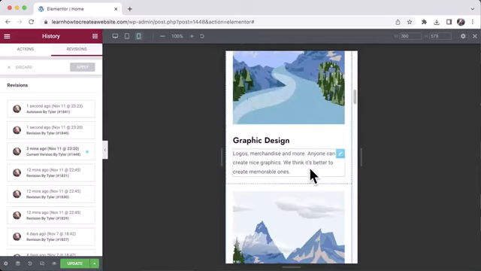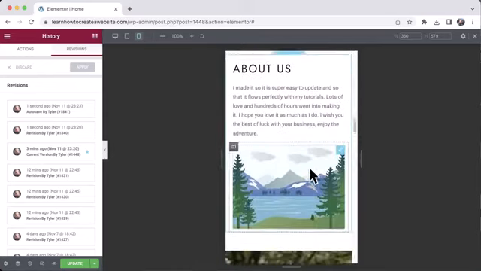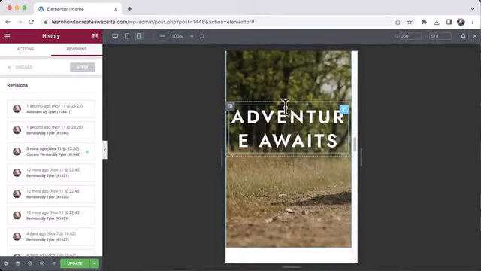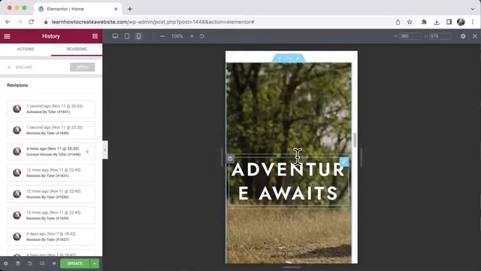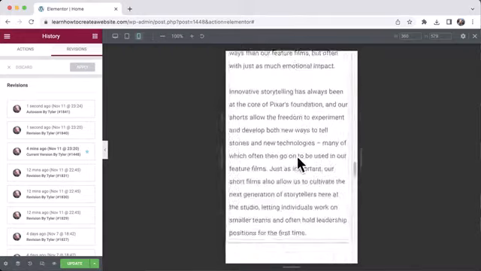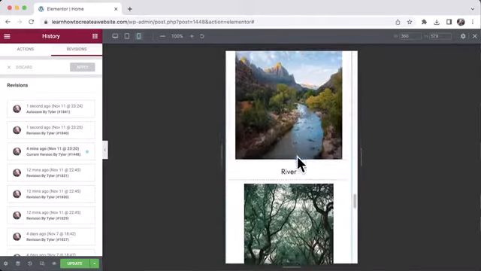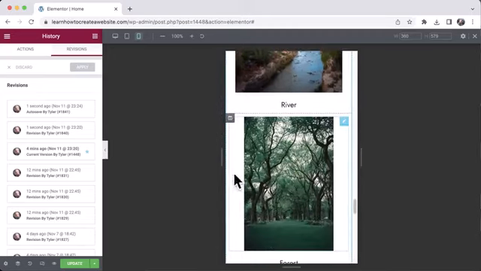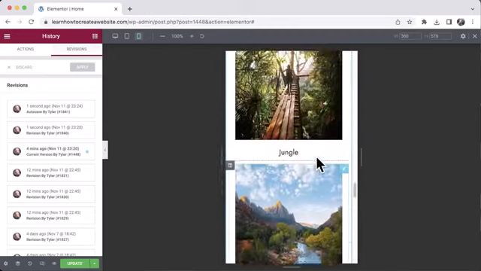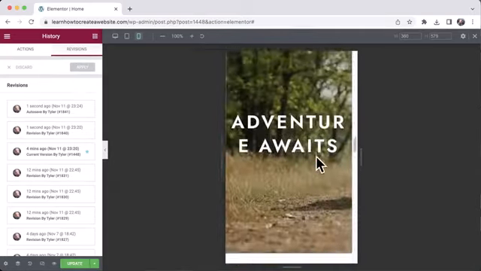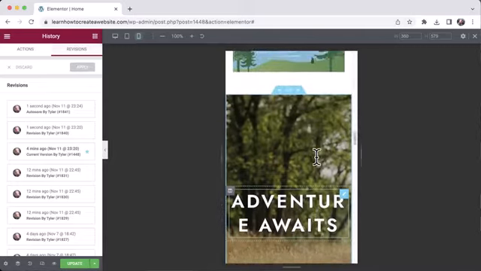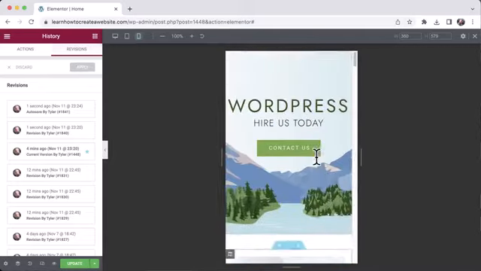And it looks good because all of the templates are already mobile optimized. But if we go down here, this adventure awaits. The adventure is too big and that doesn't look right. And maybe I want to see the lady running or the dog. So that's not right. And if we scroll down, we can see that these images look pretty good, except for this one's not wide enough. So maybe I'll make them all 100% width. And that looks pretty good. So we have a couple of changes that we need to make, but only for the mobile website because the desktop website looks fine. So what we can do is we can click on any section